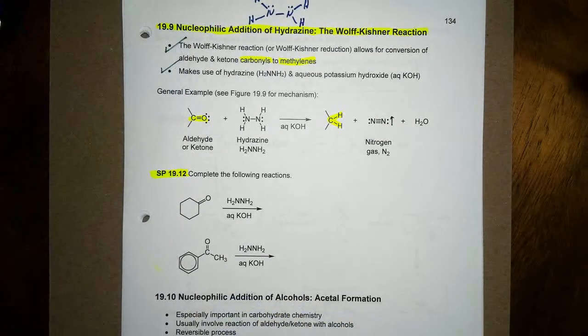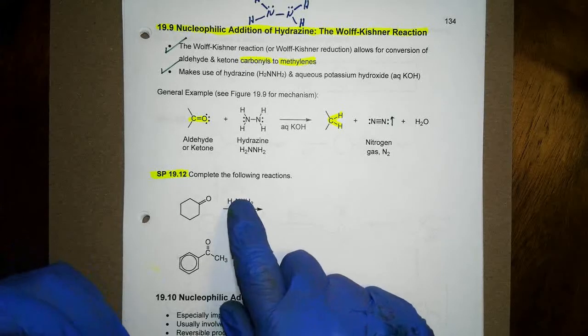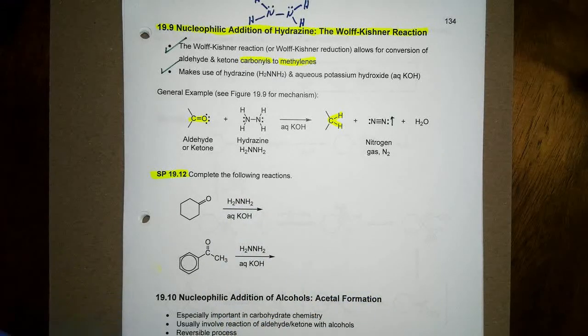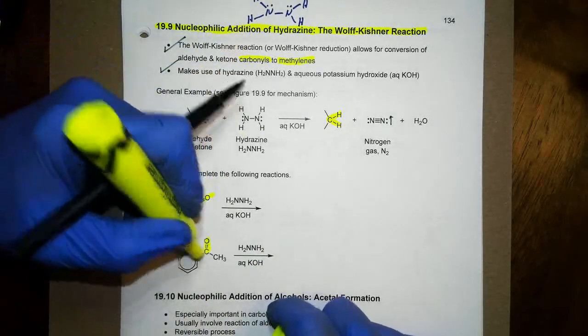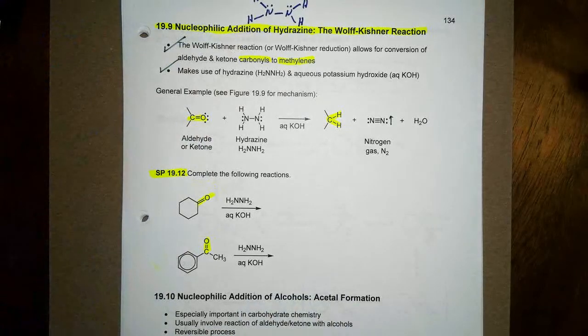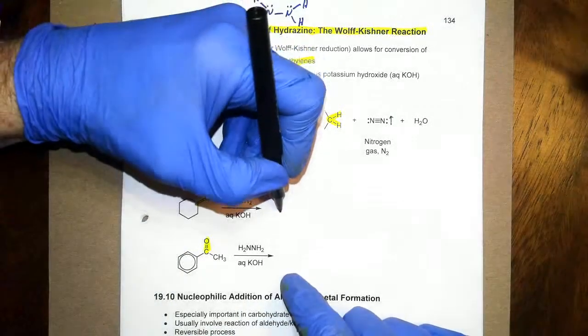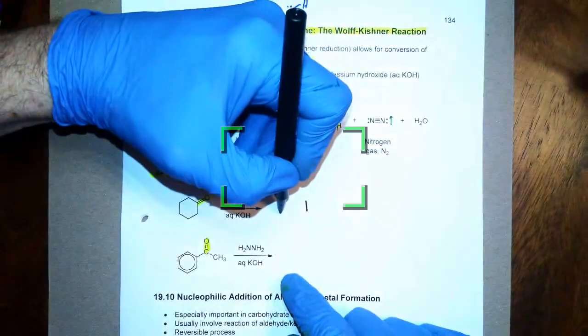So what's your job? Simply to figure out what products you get. It should be relatively simple. So we see hydrazine on top of the arrow, we see aqueous base on the bottom. So what's going to happen? Well, the hydrazine is going to attack the carbonyl in both cases, but those carbonyls ultimately are going to become methylenes. So yes, we go from cyclohexanone